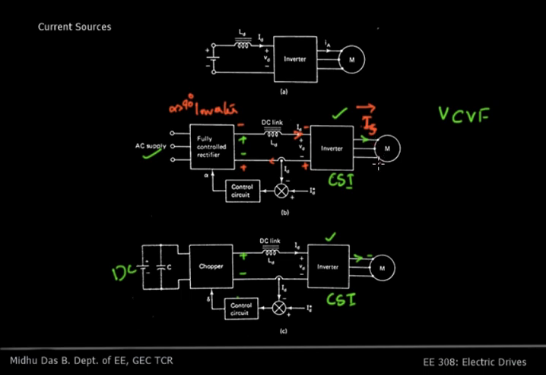Now, one important point here is that this is the main reason why we are going for CSI in megawatt range drives. So CSI finds application in drives in this power range, because if you use a VSI here, you should have replaced this with a dual converter, isn't it? And that is not economical. So considering the efficiency of the drive, CSI is more efficient compared to VSI when it comes to megawatt range and if you want regenerative braking in an economical manner.